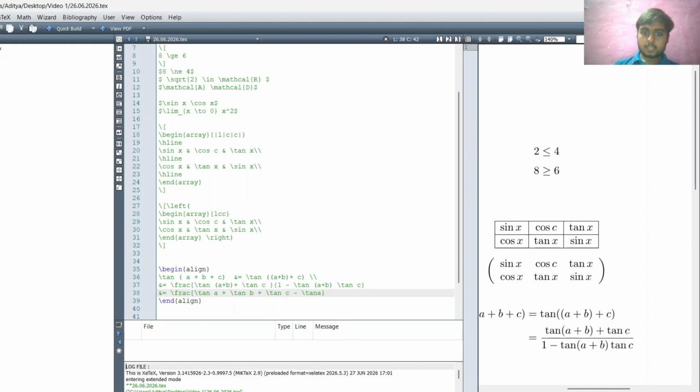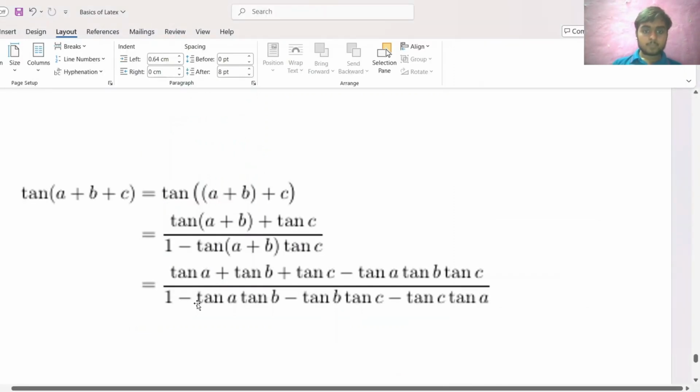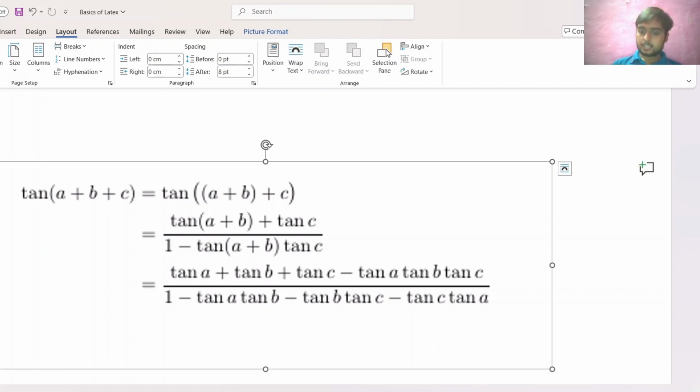And the denominator we have 1 minus tan a tan b minus tan b tan c minus tan c tan a.